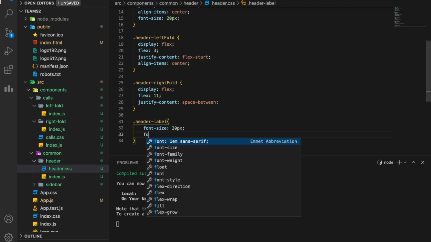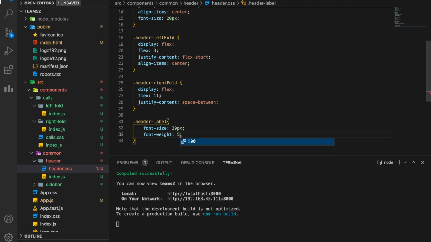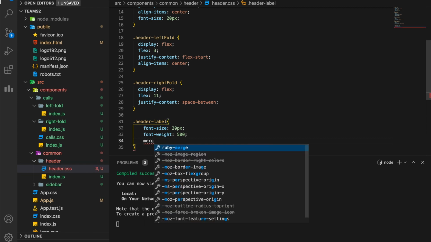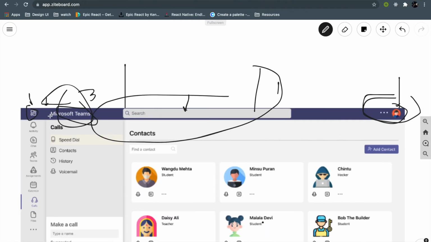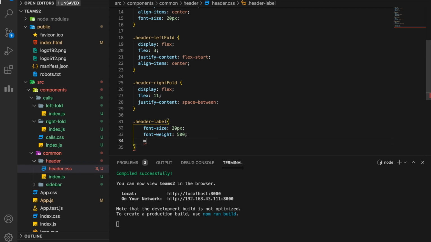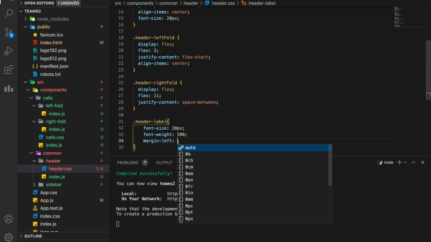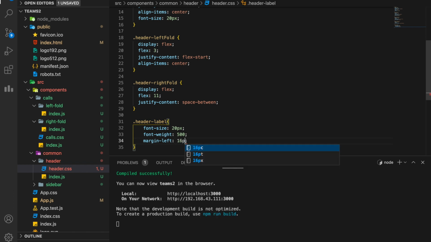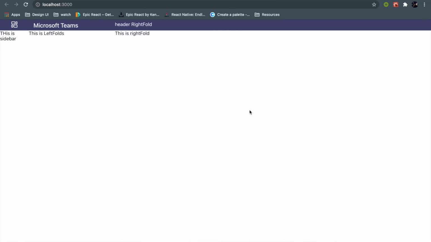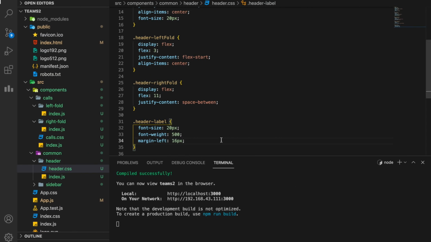And then let's give it a font weight, the depth, the thickness of the font, and let's give it a margin left, because you can see it is a little bit left, there is a gap between this border and this margin, so let's give it a margin left of 16 pixels. Make sure that you use a limited number of margins, you should not put any random value. This is a bad practice.